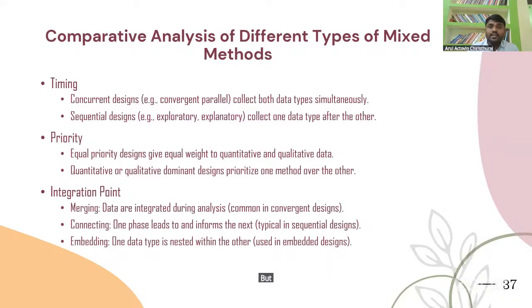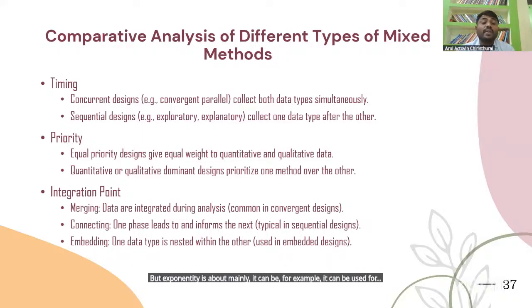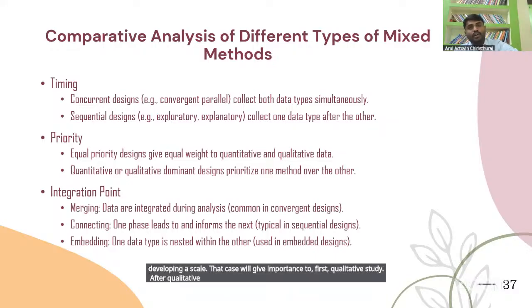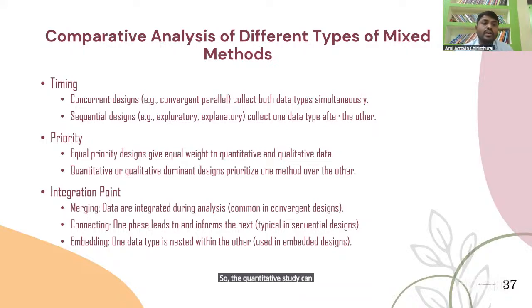But exploratory can, for example, be used for developing a scale. In that case, we give importance to the qualitative study first. After the qualitative study is over, the quantitative study can be conducted to strengthen those findings. So we want to focus on which time duration we need.